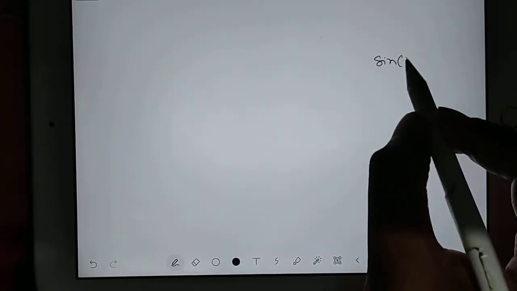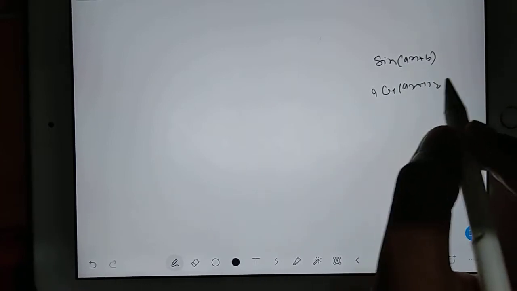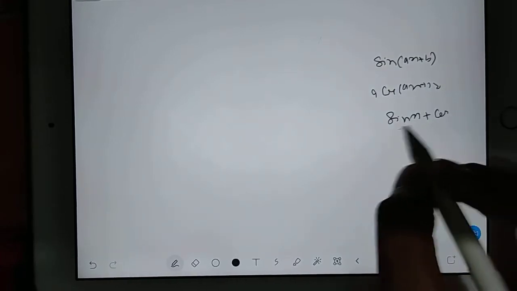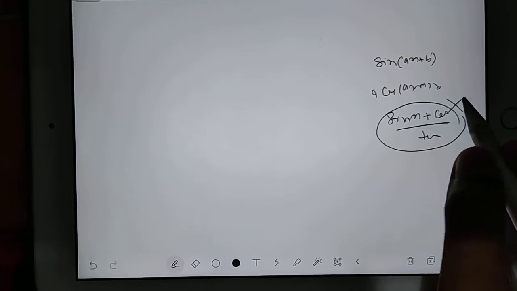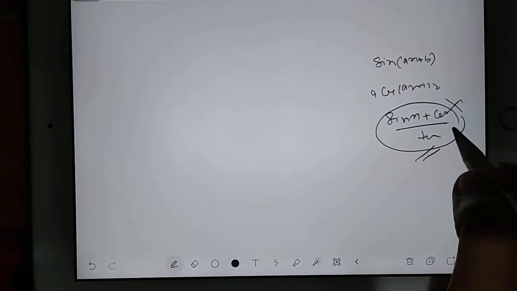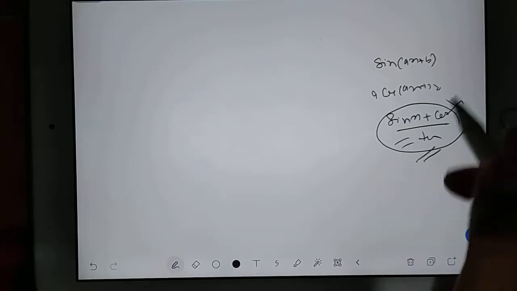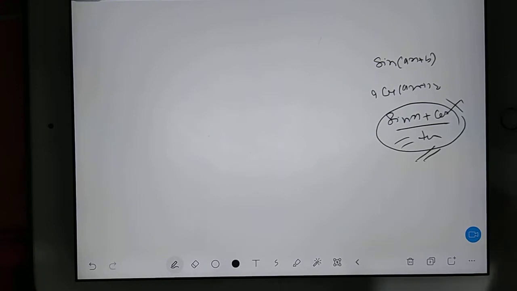Like for example, in differentiation we remember, right, what is the differentiation of sine ax plus b? That is nothing but a cos ax plus b. But we don't remember a complicated function. Like if I ask about sine x plus cos x by tan x, do you remember the formula for this? No. In the same way, there are some standard cases. For those cases we will remember the particular integral formulas, and for the remaining ones, if they come, we have to deal with them using our basic practice.